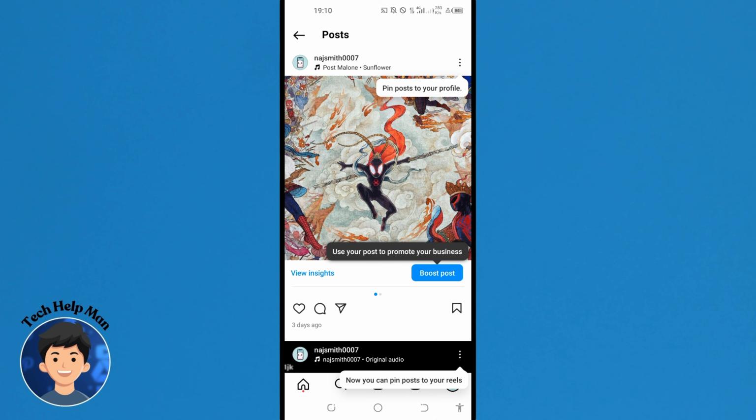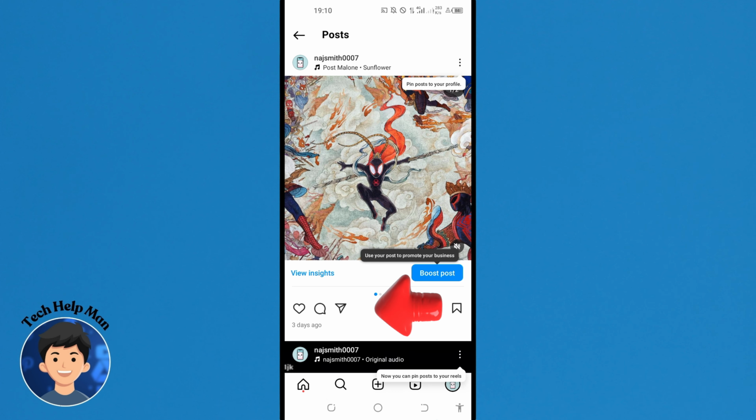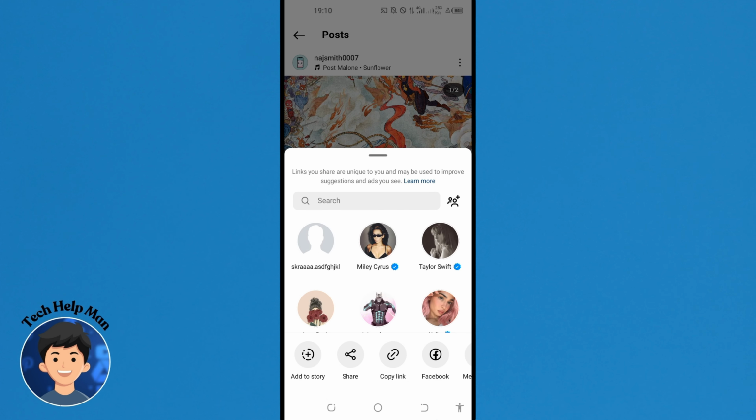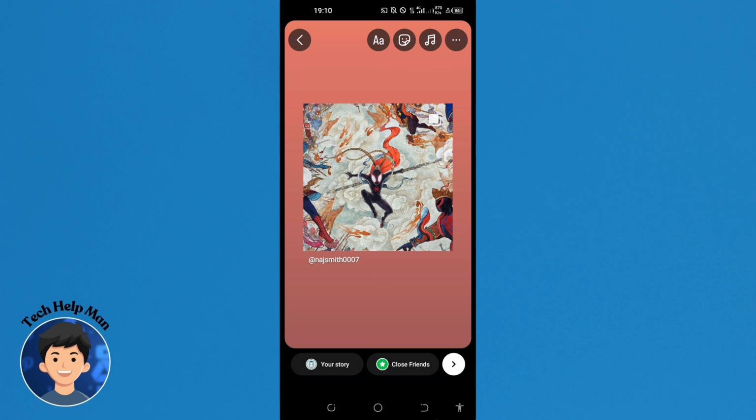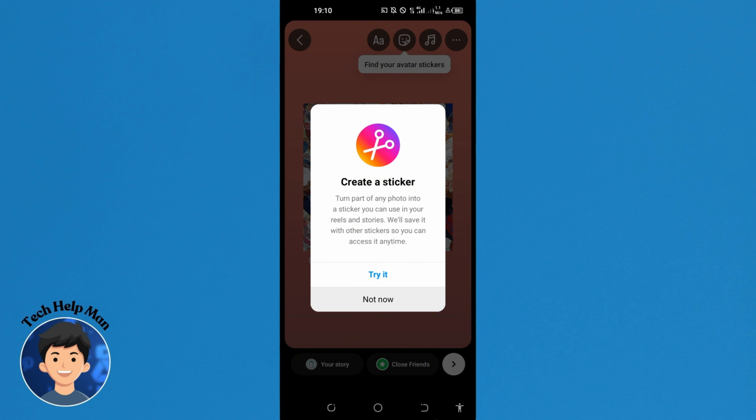Once you've found a post, look for the paper airplane icon. Tap on it. This will open a new menu where you can choose where to send the post. In the menu that appears, you see options like sending it to contacts or sharing it to your story. Tap Add Post to your story, and you will be taken to the story screen where you can edit the